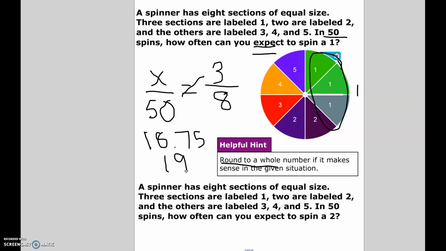Okay, next one. I have a spinner with the same sections. Now I want to know how many times can I expect to get a 2. So you guys try that one. Press pause, try it, and then I'm going to do it in a second. All right, so